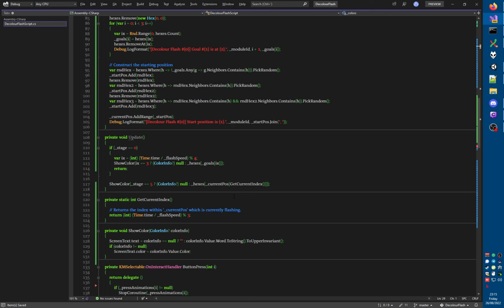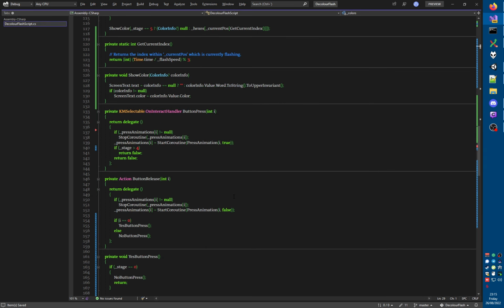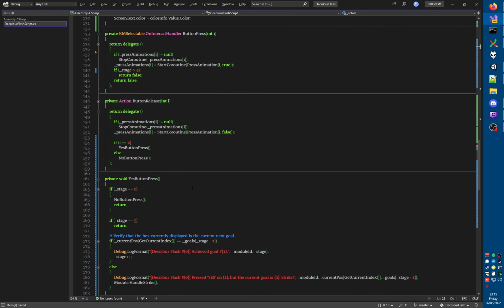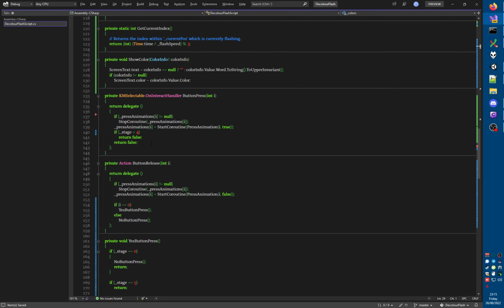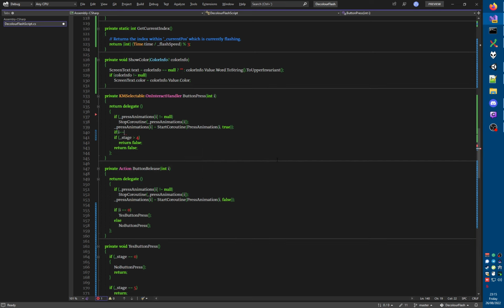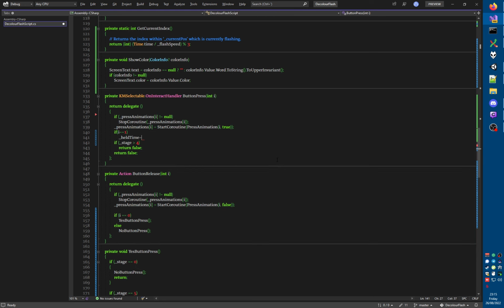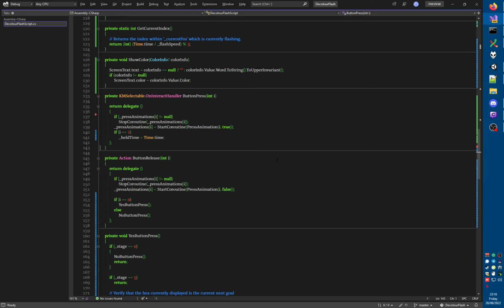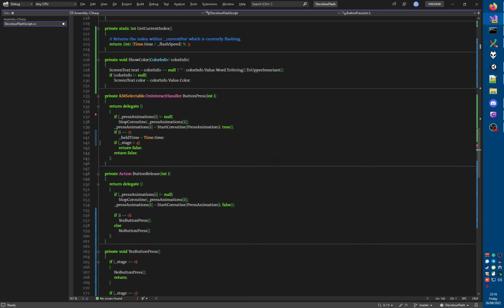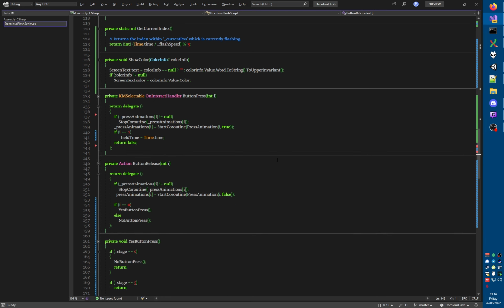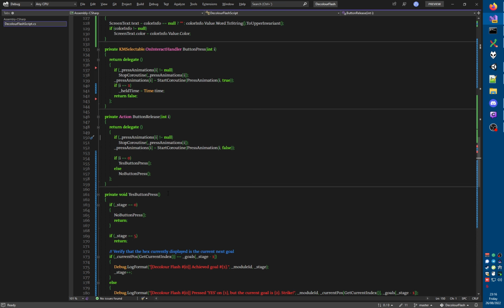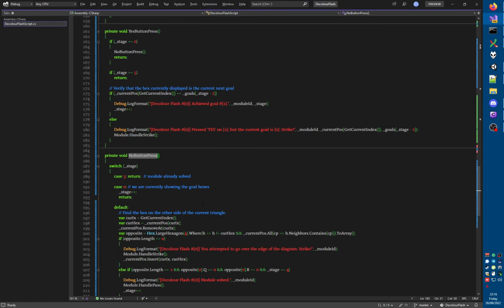Private float held time. So, let's see. When we press down the no button, here. If I is equal to 1, then held time equals time.time. So this is obviously redundant. Well, we do need to return false. All right, button release. So if we release the no button